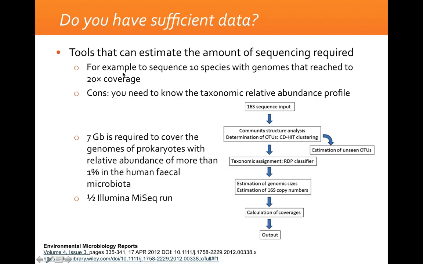But the drawbacks of this is that you actually need to know the taxonomic profile. So you need to know the relative abundances of each of the species in the sample. So how many percent of E. coli is in the sample, and how many percent of another species is it? So this is information you need to have in before you can do this calculation or this estimation of how deep you need to sequence to meet your